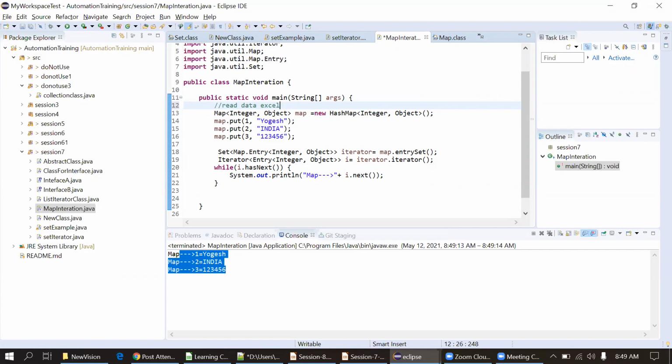Suppose you are reading the data from the Excel sheet, you know from which cell we are picking the data. Based on that, you can write this line number 13 to initiate the map object and accordingly pass the values from the Excel sheet. You don't have to hard code this here. For example purposes, I'm just showing hard coded values. This is not recommended, it is only for showing purposes. You have to take these values at runtime from any data source. Okay, got it. Thank you.